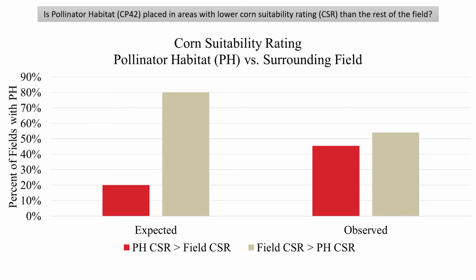So pollinator habitat doesn't have anything to do with water quality, so there's no restrictions on where it can be placed in a field. So we would expect farmers to be placing pollinator habitat in areas that are the lowest yielding or have the lowest corn suitability rating. But what we found out is that's not actually the case, and so we're really curious to see why they're choosing the areas for pollinator habitat when they have no other